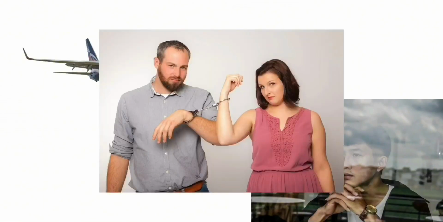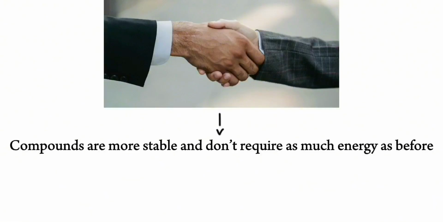Why? Hmm. Here's a metaphor using a conservative example. When a person is married, he or she has much less energy to do anything. People travel less and stay at home most of the time, unlike it was before they were bound with this relationship. So, when bonds are formed, compounds are more stable and don't require that much energy, and the energy